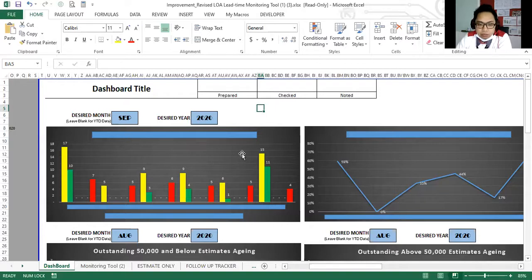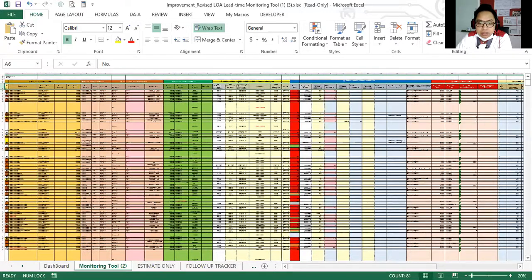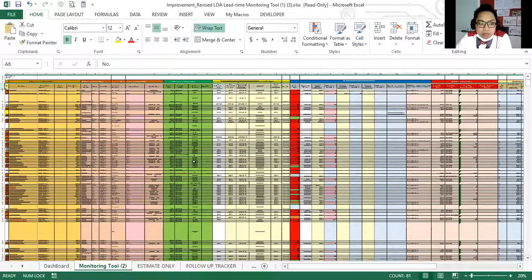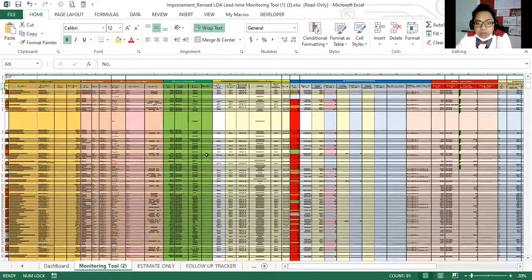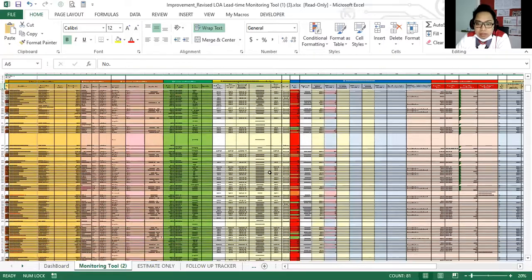Because basically, if you go directly to the monitoring file, although the data is there, it is very inconvenient to check or to determine the status or what's happening with the data in your monitoring files. For example, this one. Although the data is there, it is hard to analyze with this raw file. So that's why